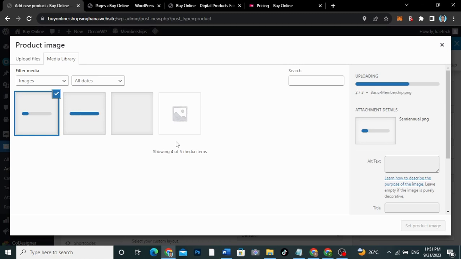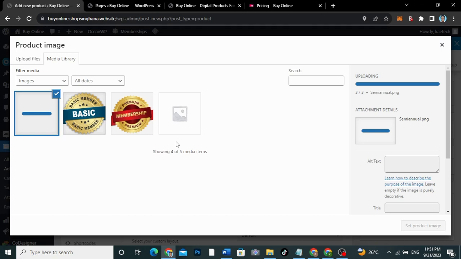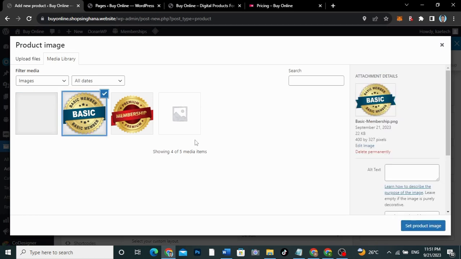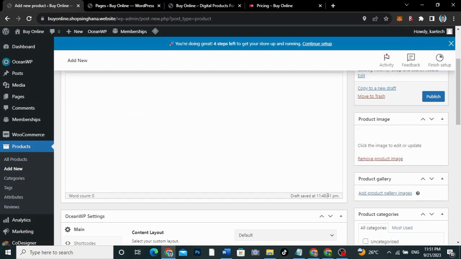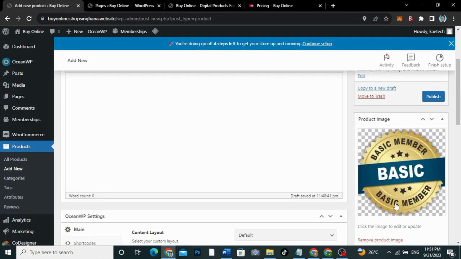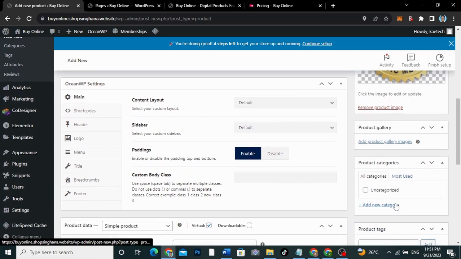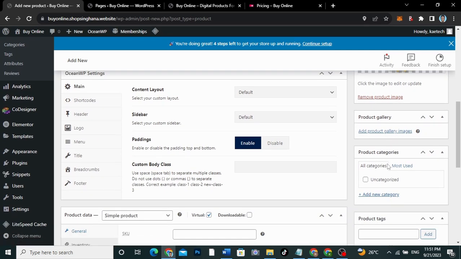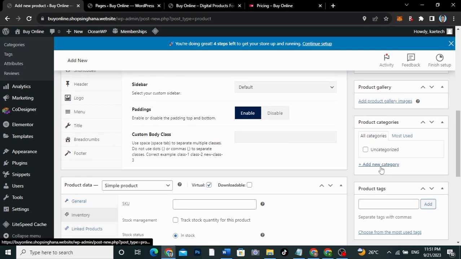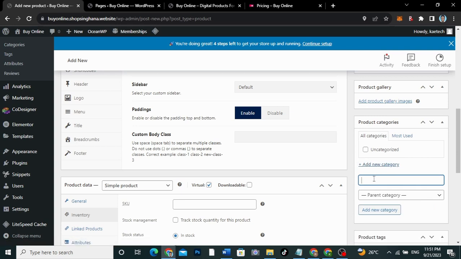Okay, so I'm just going to drag this once in it, and then I'll use it to create that particular product that I want. So the first product that we created is what? The basic. So we're going to select this particular one over here, and then I'm going to click on set product image. So this is the product image that we're going to use, and then if you have other image galleries, you can also use it. And then over here, I'm just going to use this one as what? Subscription